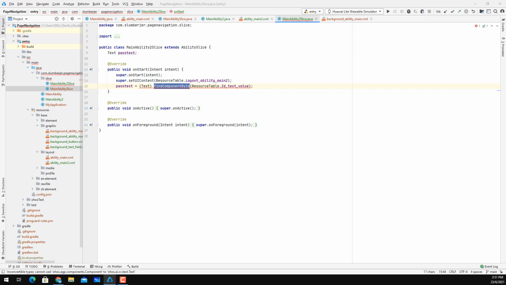Sorry, let me check. It should be text and resource table .id. Perhaps this is, I